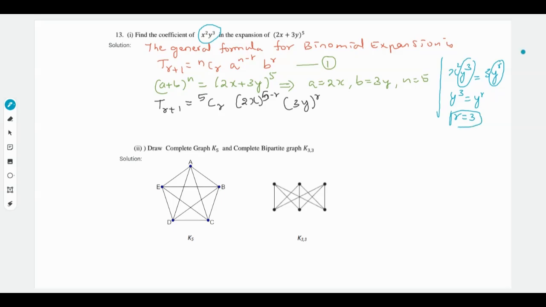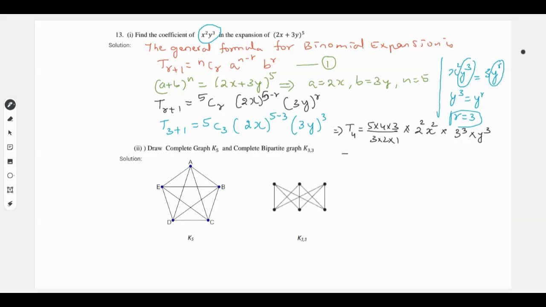So substitute the value of r here, we get T(3+1) = 5C3 into (2x)^(5-3) into (3y)^3. So now if you solve this, T4 will be 5C3, that is 5 into 4 into 3 divided by 3 into 2 into 1, into 2 to the power 5 minus 3, which is 2, so 2 squared into x squared and into 3 cubed into y cubed. So now writing all the values, we get